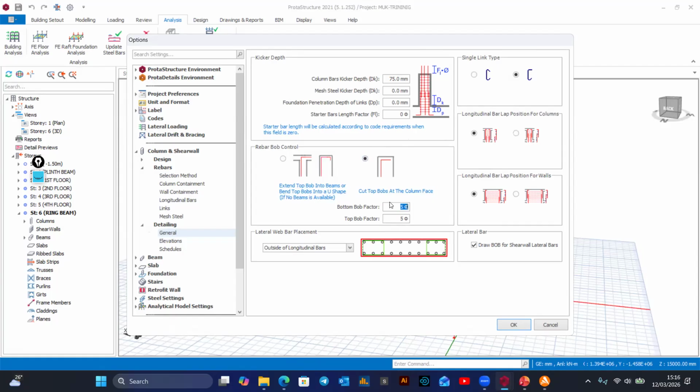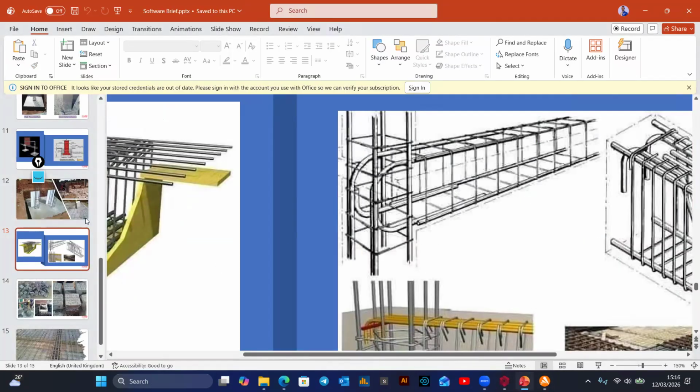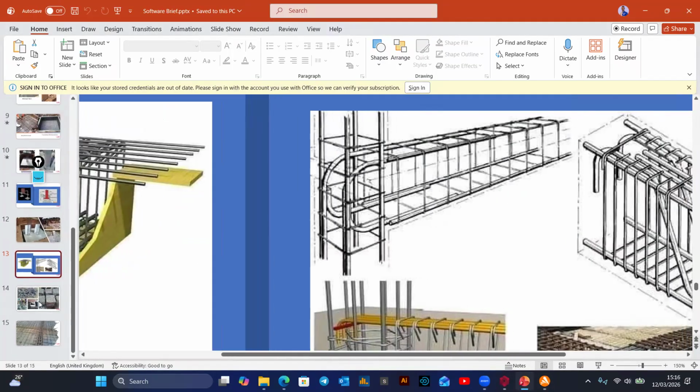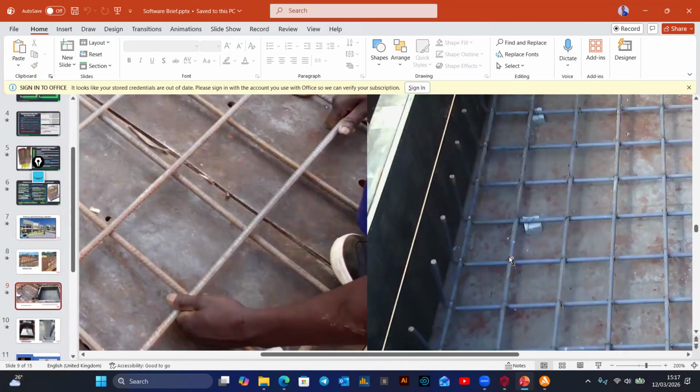You find this terminology, bob, as well in foundations and also in beams. So when they're talking about bobs, that is a hook. Like for example here, if I can refer to this foundation, you see this return here of about 150 mm. This is the bob. So the length of this bob